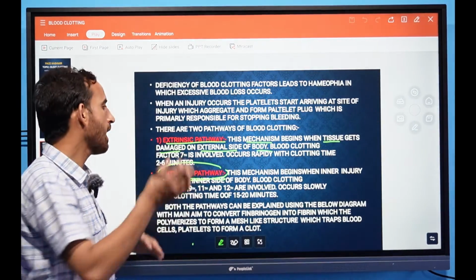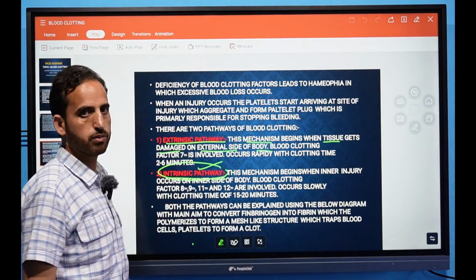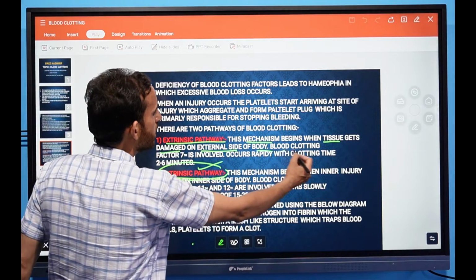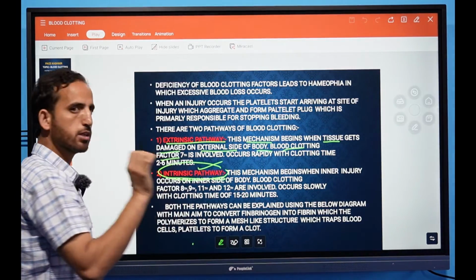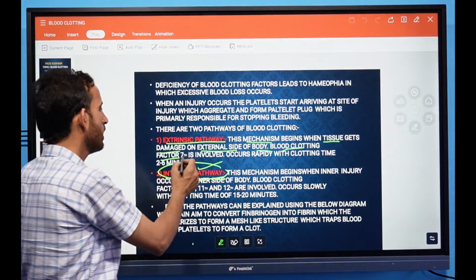Say for example, at that time which mechanism will operate? That will be called the intrinsic pathway. So that's why I have written it down. Second point, the blood clotting factor during the extrinsic pathway, the blood clotting factor that is mainly involved includes the